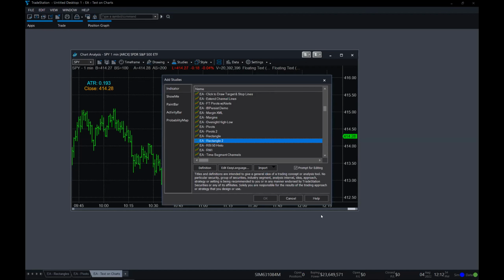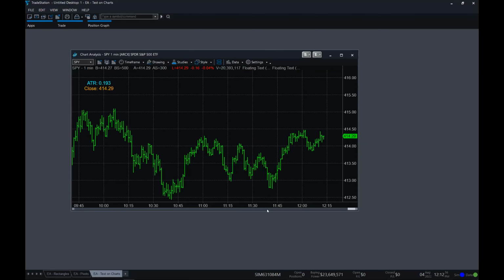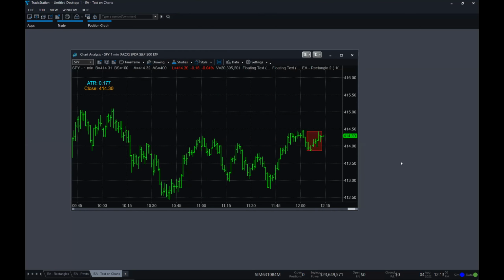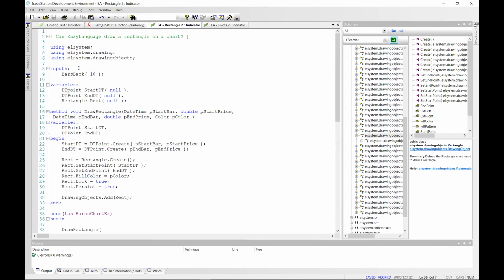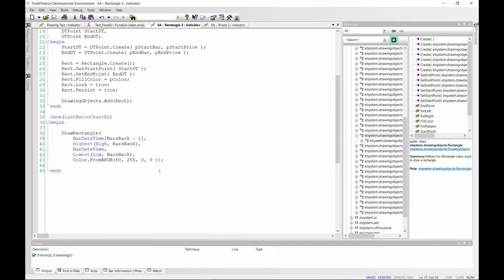Let's see what happens. Okay, so it's on the current bar. It goes some number of bars back, and that just happened to be already set to 10. Let's go look at this. Yeah, there it is, see, 10 bars. Okay, and it's done just once, and then the rectangle stays in place.